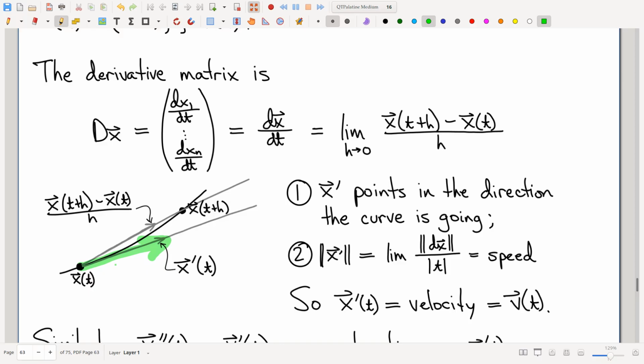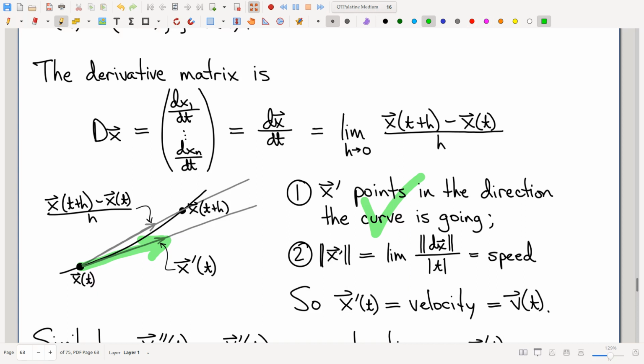But nevertheless, we've got these 2 points, and it's a vector, not a line, but we're kind of looking at the line between them, and in the limit, as they get closer and closer, these, you may remember the term secant lines, in the limit approach a tangent line. Right? And so, what you would expect generically is that this vector would be pointing in the direction that the curve is going. It'd be a tangent vector. So the direction that that points is the direction that the curve is going at that instant. So tangent vector.